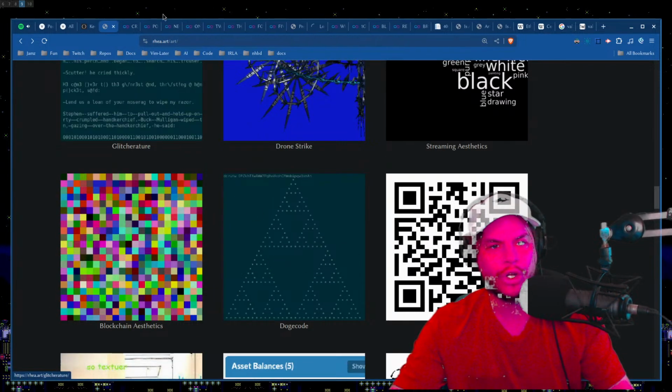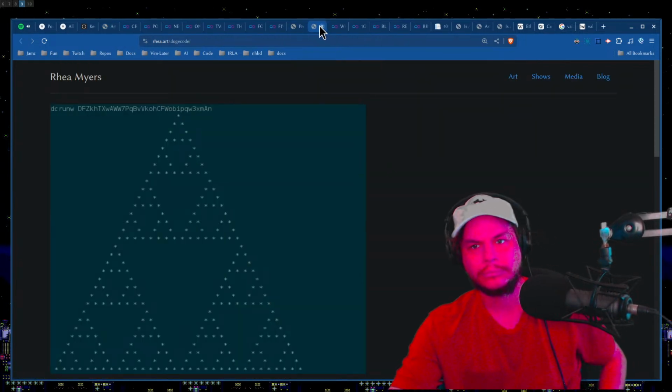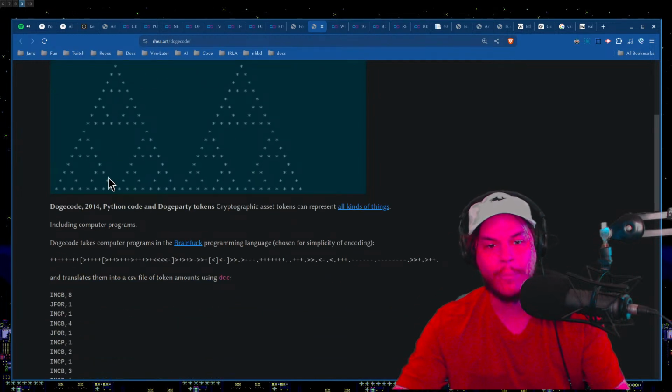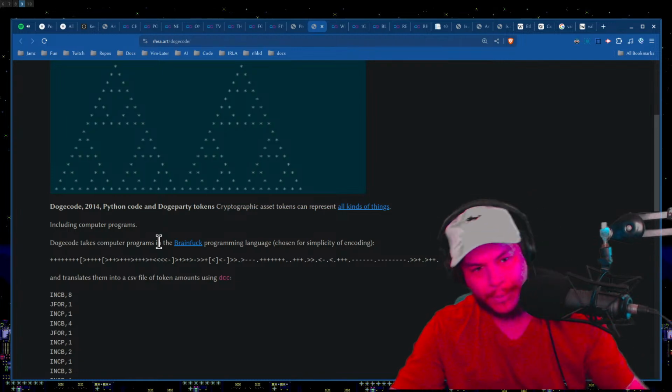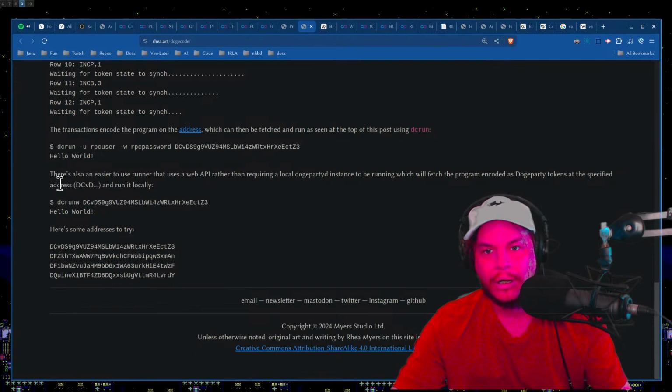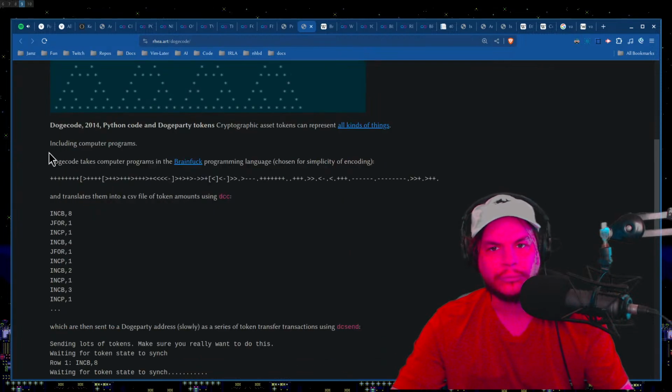Next, we got Doge code. Whoa. What is that called? Sierpinski's triangle? What do you call it? Oh my god. This is in Brainfuck? Oh man. You know we love Brainfuck. Smallest Turing complete language ever. Okay, so Doge code 2004, Python code, and Doge Party tokens. Including, okay, so this is